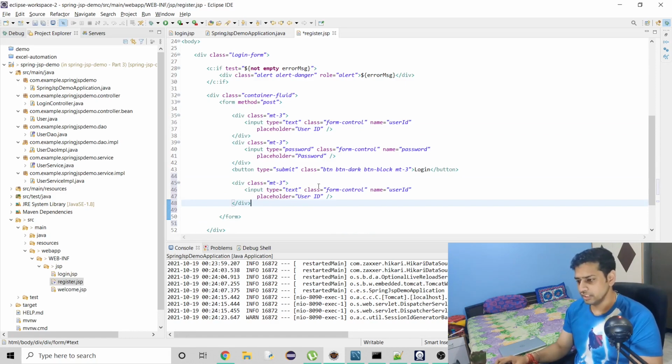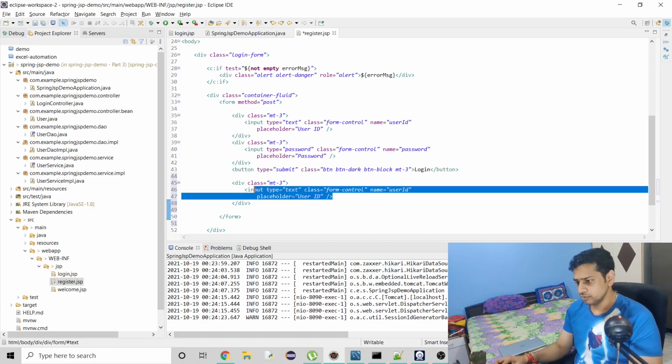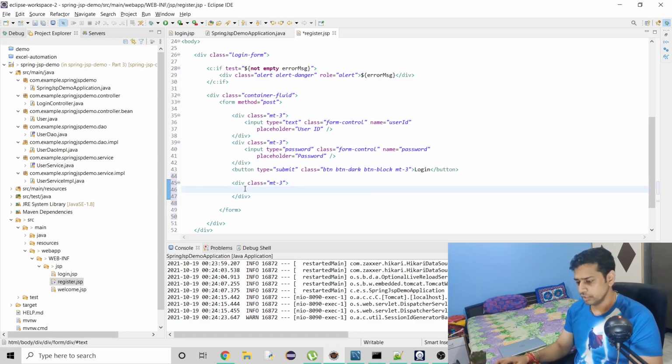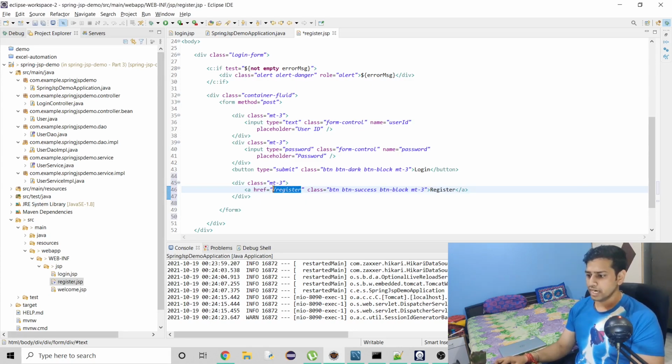It's very useful. So here I have to use a hyperlink, so I will just remove the input, and I have already copied the hyperlink so that I can reduce my work, obviously. So here this is going to be the hyperlink, and this is going to be redirected to our controller. So this has to be a mapping, but here you can see that this is going to be a button, and it is going to be a block button, right? And the name is going to be register.